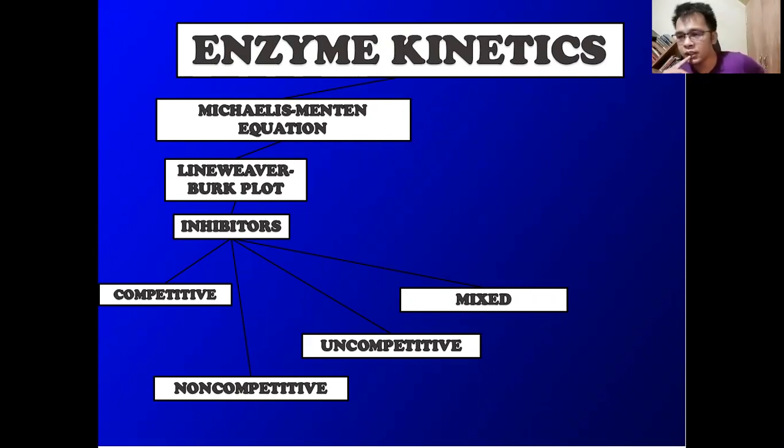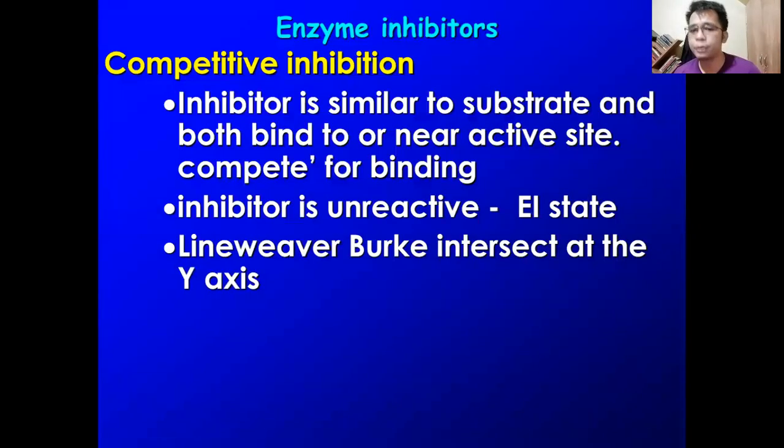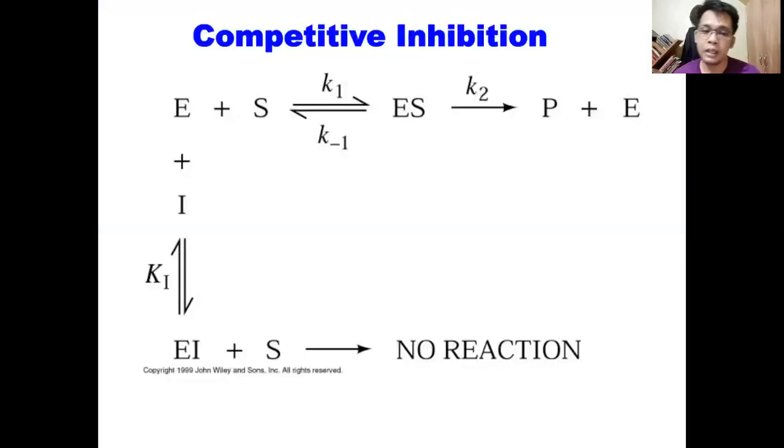Okay, so, sir, did it affect the rate of reaction? Of course, yes. Kasi nga, sila yung mga inhibitors ng enzymes natin. So, it will affect the Lineweaver-Burk plot and or the Michaelis-Menten equation. And then, magkakaroon tayo ng variation sa mga graphs natin. So, simulan natin sa competitive inhibition. Ang analogy nito sa ating competitive inhibition is yung ating